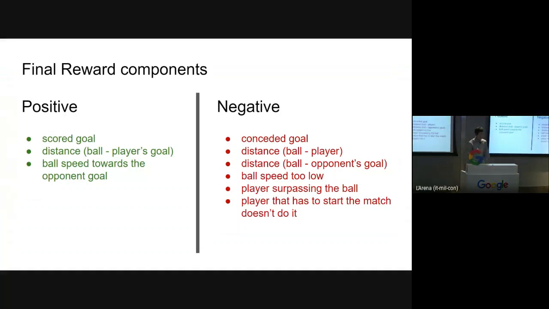And I can tell you that we spent a lot of time, maybe 50% of our time, just to find the correct reward function definition. And in the end, we found a very complex reward with a lot of components. The details are not important, but you can see the amount of components of the system that we had.